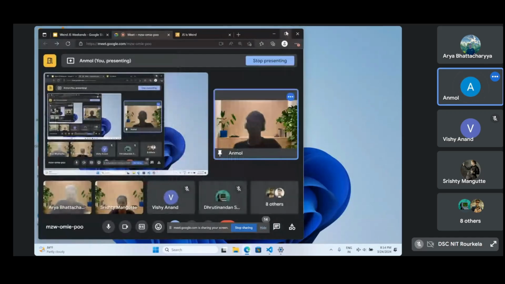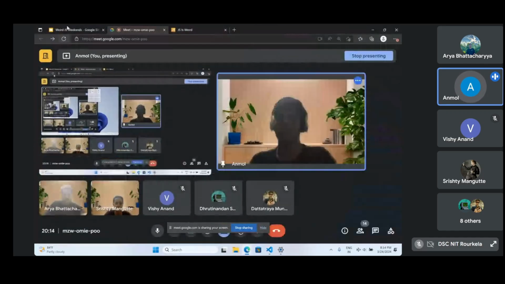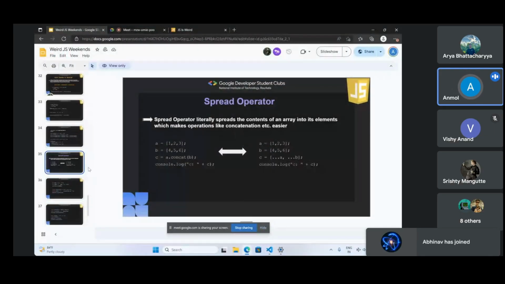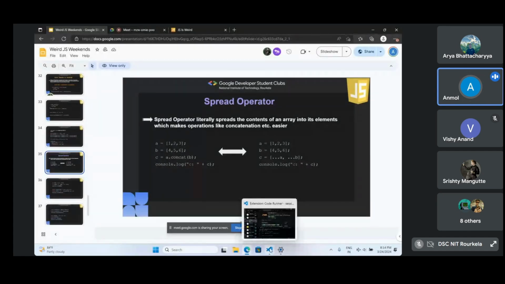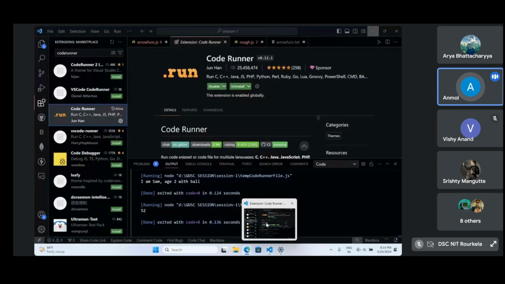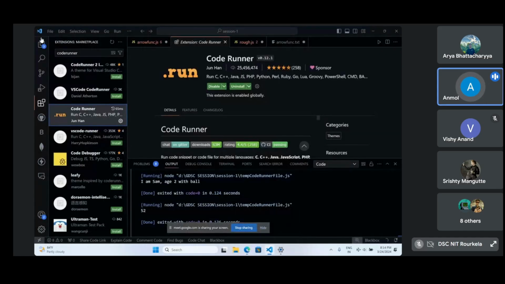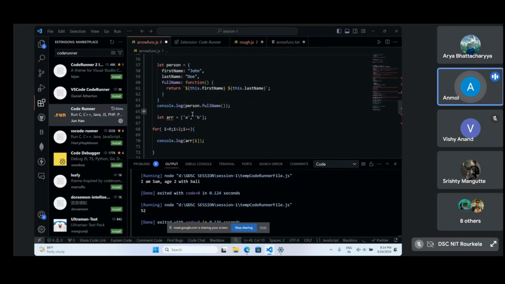Okay. So let's go on to the next topic, that is spread operator. Now the spread operator is one of the most, like, it's a magical tool. If you are using JavaScript, then spread operator is one of the most fascinating concepts. It makes many concepts very easy. Like you can do many things which you would have to write 2-3 lines of code for. Now you can do that same thing in one line of code.